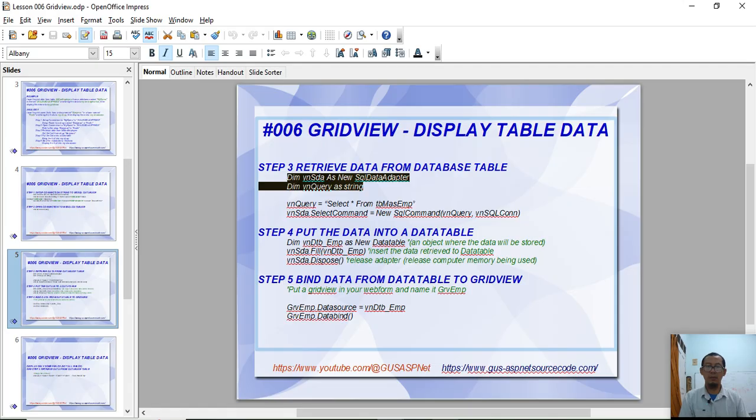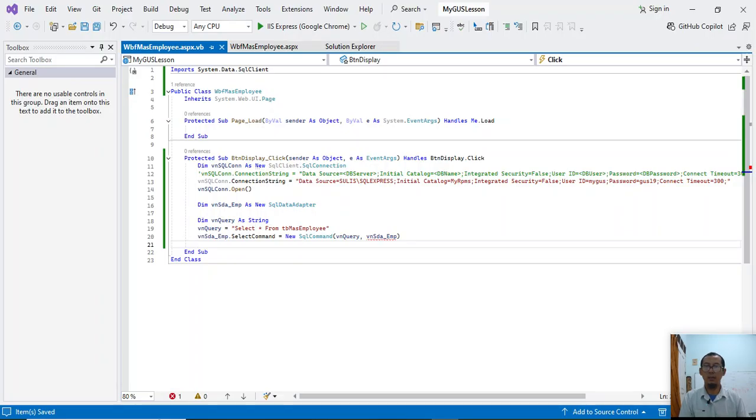New SQL command. I'm sorry, this is a mistake. Okay. The SQL adapter will retrieve data from the server.